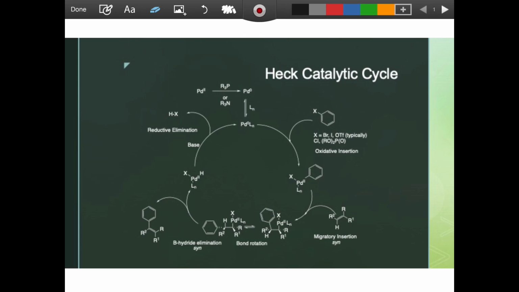So we're going to run through the rest of these palladium cross-coupling reactions and Heck reactions and stuff. Hopefully I don't have to stop and start too much, because every time I do, I'm going to have to edit everything together, and that's going to suck. So we left off right down here. After the migratory insertion, we were talking about the beta hydride elimination. So if I can draw this correctly, over here on the next slide, we will see